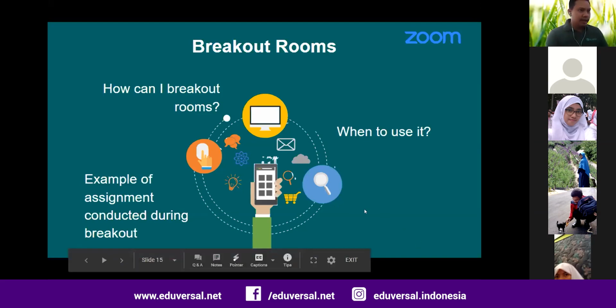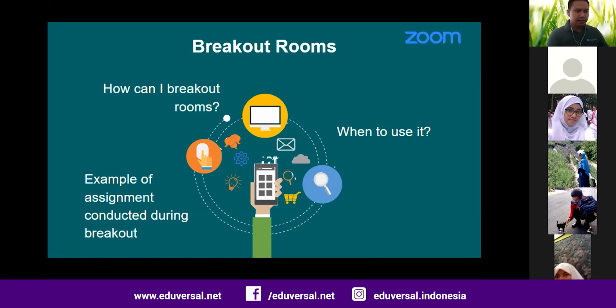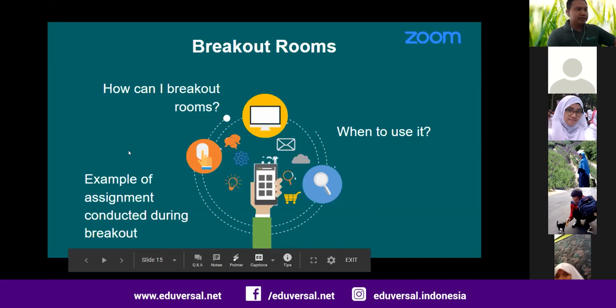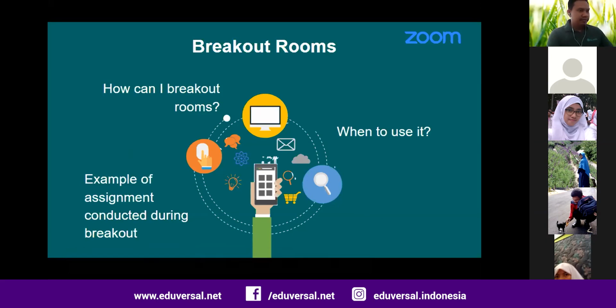So let's see how these breakout rooms work. We have 100 participants right now, and I will assign you to, for example, 5 rooms, with 19 to 20 participants per room. If I create the rooms and open them, you will go to the designated rooms, separate from the main Zoom room.